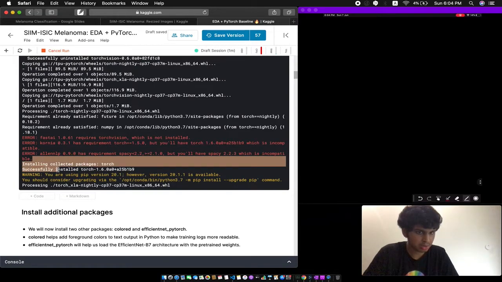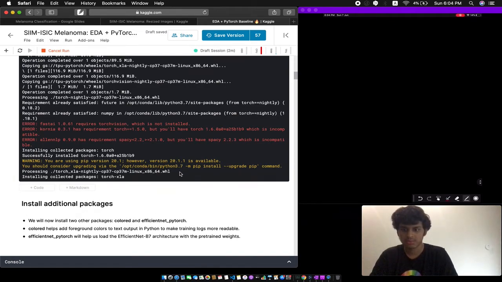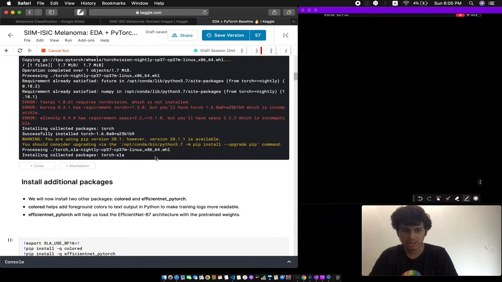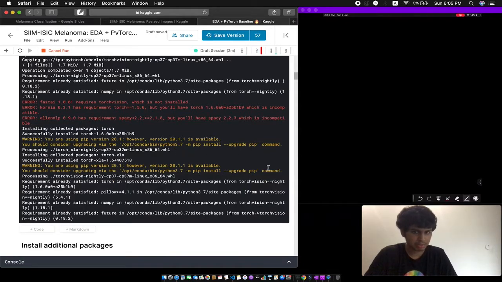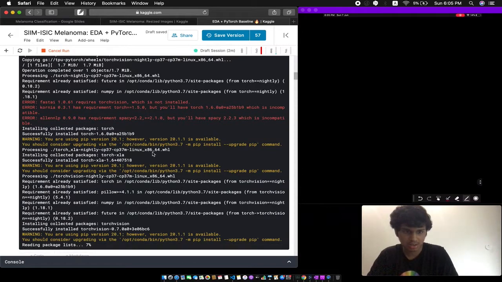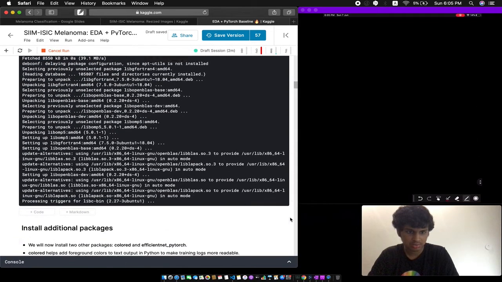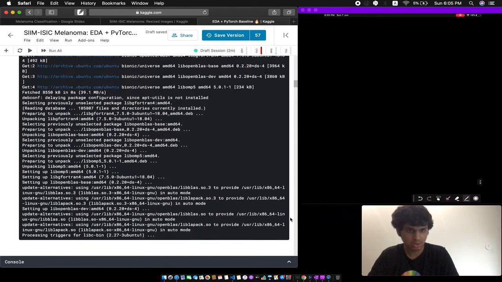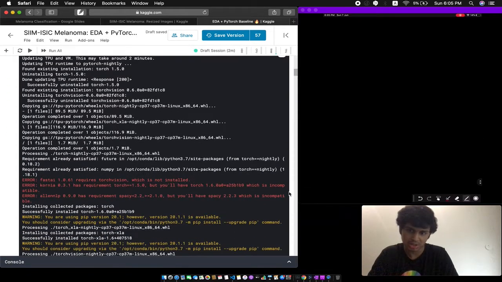Successfully installed Torch 1.6.0. Installing collected packages Torch XLA, that's nice. A bunch of pip warnings, which I'm just going to ignore. Okay, cool. Looks like the setup code is done running. Now we should have PyTorch XLA up and running on our Kaggle kernel, which is awesome.